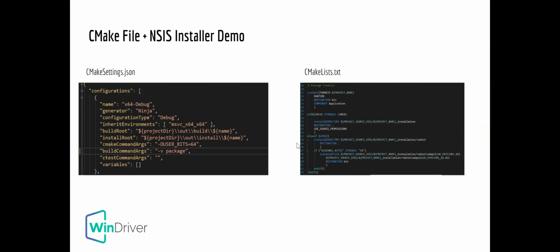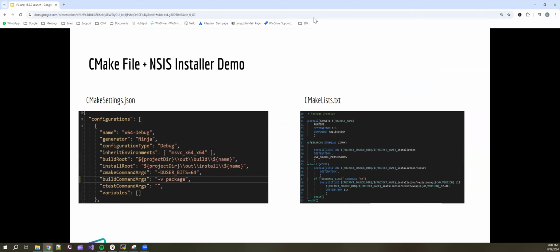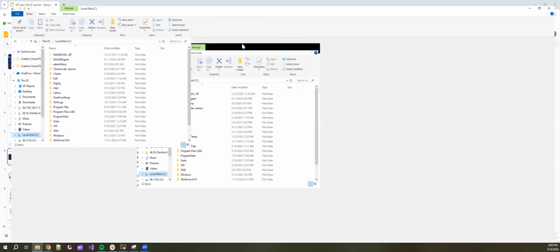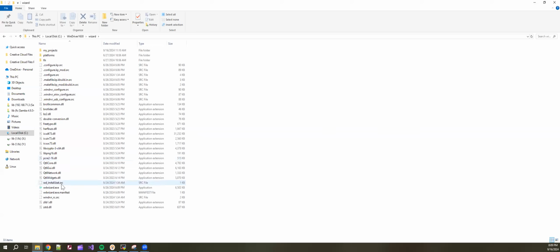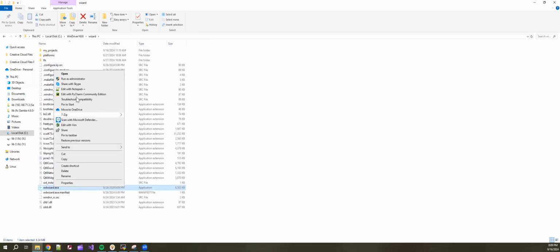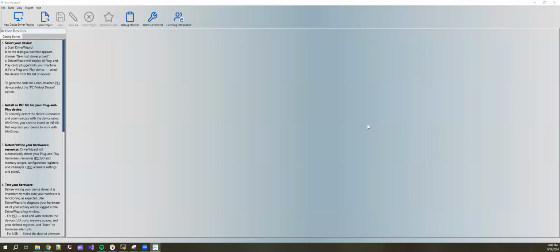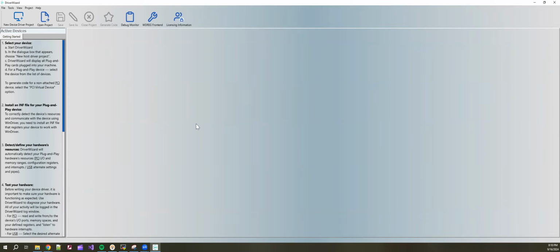Okay, so let's go to the first demo. Now, in this demo, I will start by generating a new code. Again, I won't explain every step of the way, but we'll start with generating a code just to cover the whole process. So I'm starting a new project,